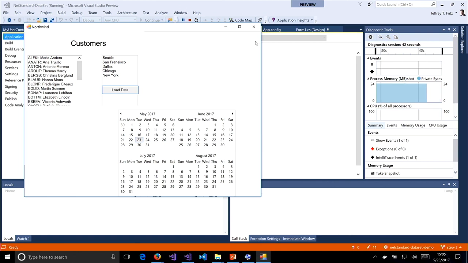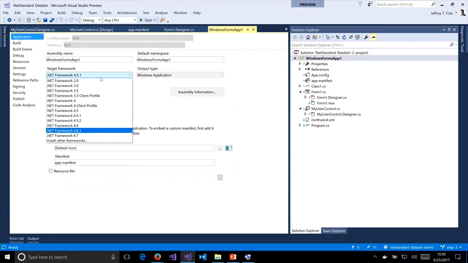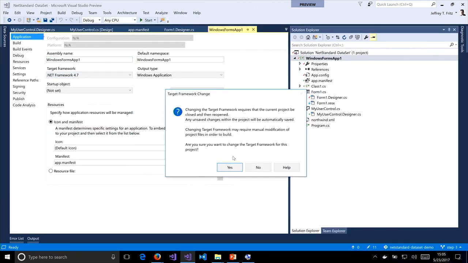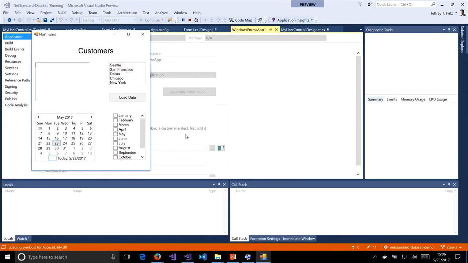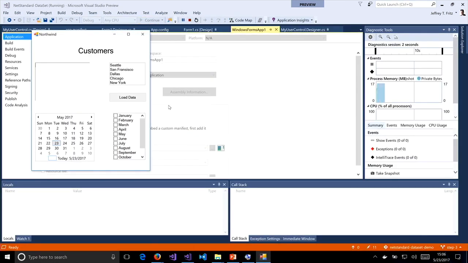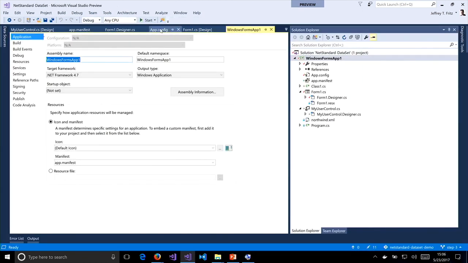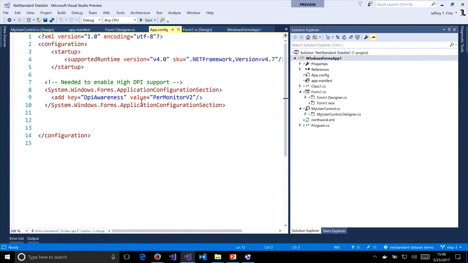So let me close this, and I'm going to flip this, of course, over to 4.7. Yep, I changed my target framework. Go ahead and restart. And of course it works, right? And we get it lining up the way we expect it. What I want you to see is that inside of app config, this little bit right here,